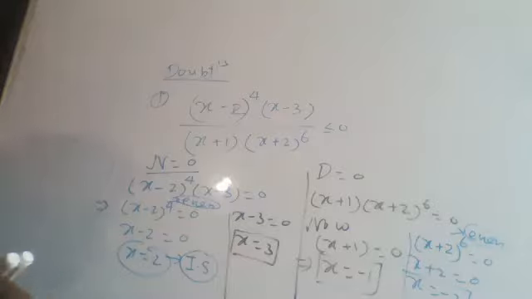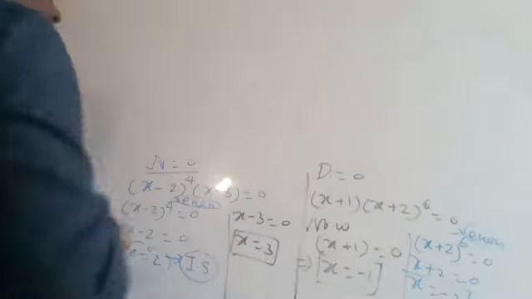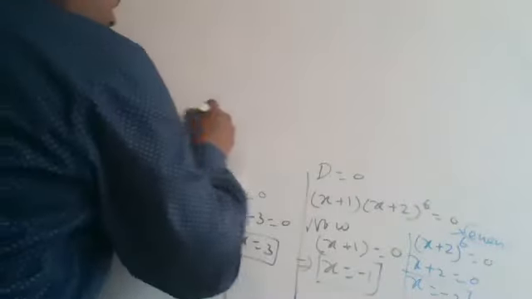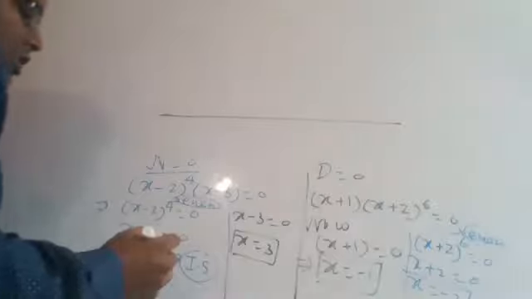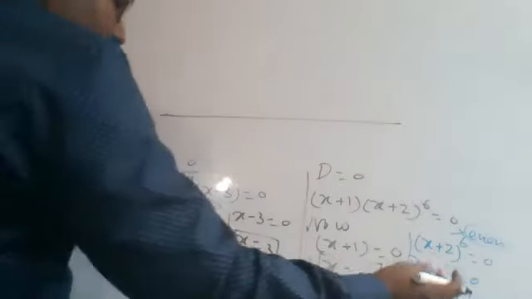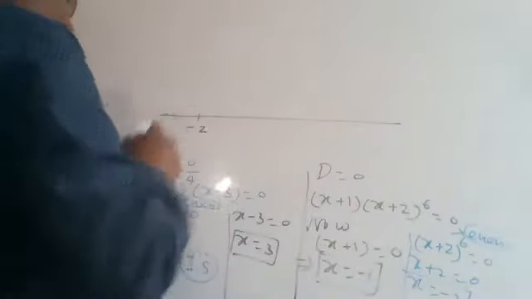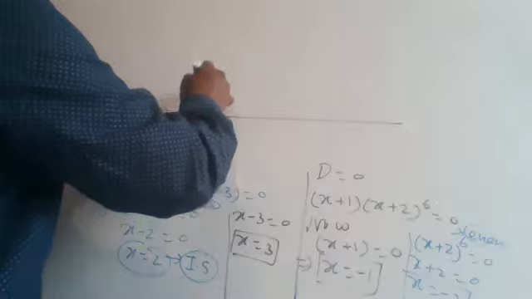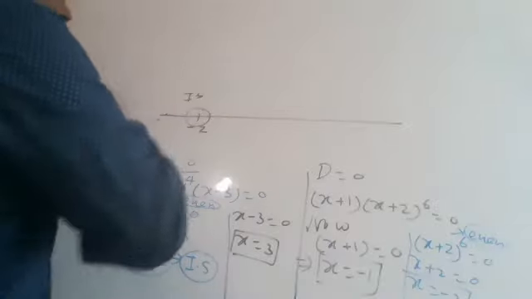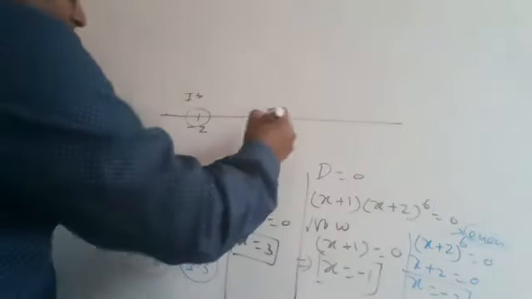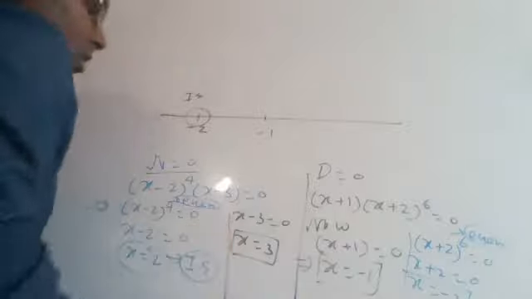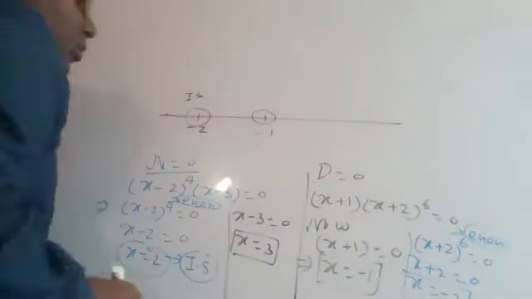After that, what do we have to do? We have to put all the solutions onto the number line now. So just write down everyone onto your copy. I am going to put all the solutions onto the number line. You just see the last step of the wavy curve. Here the smallest solution is minus 2. We have to write it over here, and also mention that this is an isolated solution obtained from the denominator. After that, minus 1. This is a normal solution but obtained from the denominator.